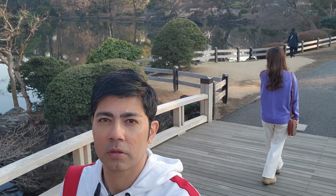Okay, come, let's go. Just 360 Insta 360. Actually, this park is beautiful. Jokingly, we were saying that the park actually cost us like, I think $4 to 5 Singapore dollars, and it's full of trees